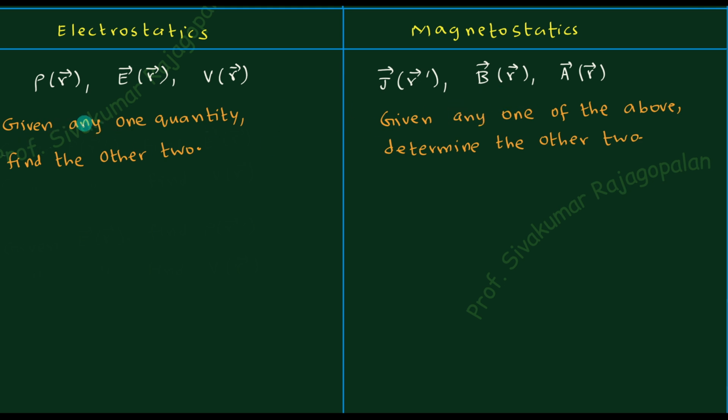And the point is that we have equations relating all of them. We have done it, of course, over all the courses that we have done, including whatever you learned from BSc also. All the time you are studying electromagnetism, we have the equations that relate charge density, electric field, potential. And similarly, in the case of magnetism, the current density, magnetic field, and the magnetic vector potential, we have